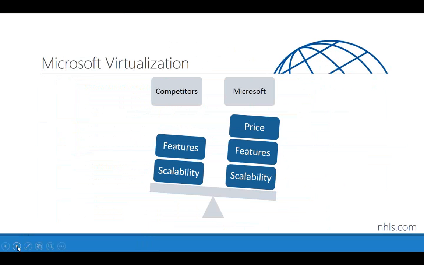But I remember seeing some stats a couple years ago that VMware had maybe 50% of the market, Microsoft was around 30% of the market, and there was another 20% of Citrix, Red Hat, and other vendors as well. But Microsoft was gaining, and so I don't know if they've quite caught up to VMware yet, but they're getting close. And I think one of the big reasons why, besides providing quality products, is that they've been very aggressive in their pricing. And we all have budgets to deal with, and so that's been a real strong value for them.